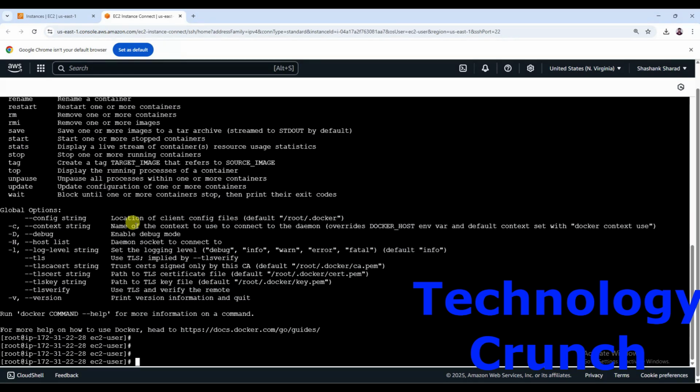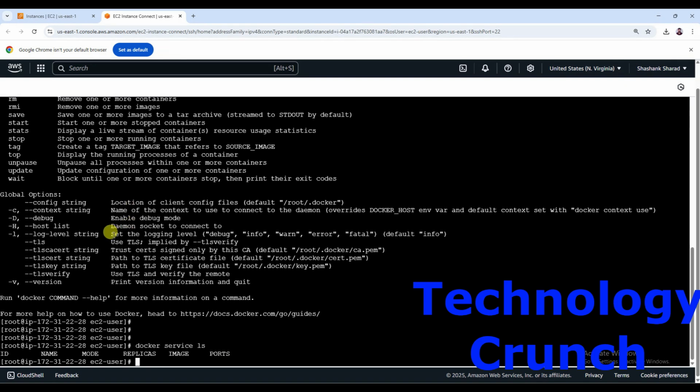If I press docker service ls, it's showing no services currently running on this node. Now I will create one service which will ping google.com. So let's see how we can create the service. If you want to create a service under the Docker Swarm cluster, then the command will be docker service